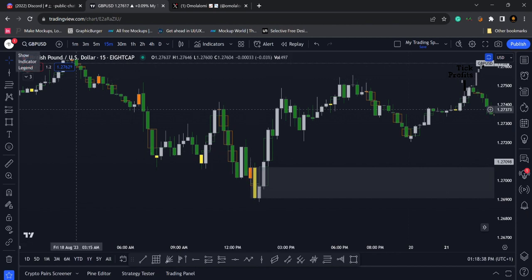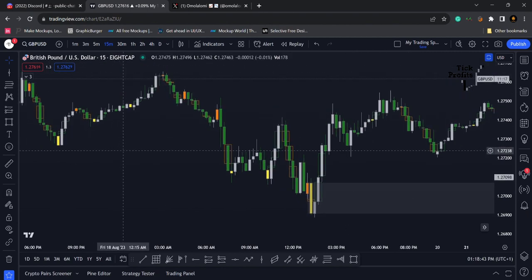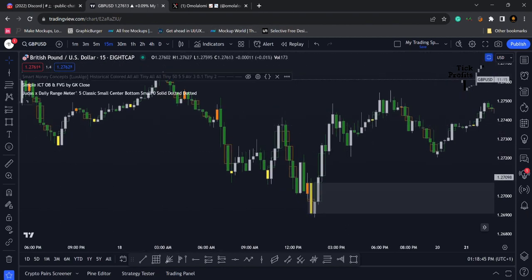By the way, the indicator I used to mark out my other blocks is this indicator here,